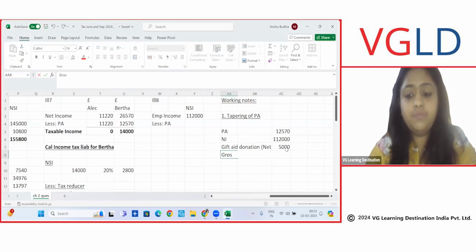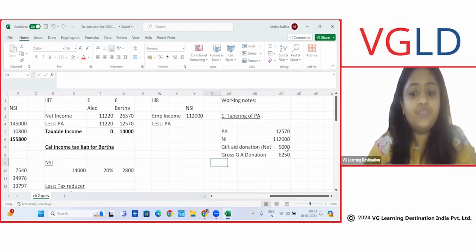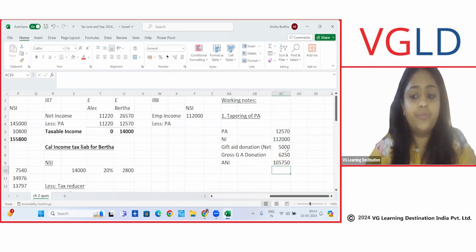Okay, so now gross it up. Gross gift aid donation will be, you know how to gross it up, divided by 80%. 6250, right? Now you can calculate ANI. ANI will be net income less 6250. This is your ANI. Now calculate excess over